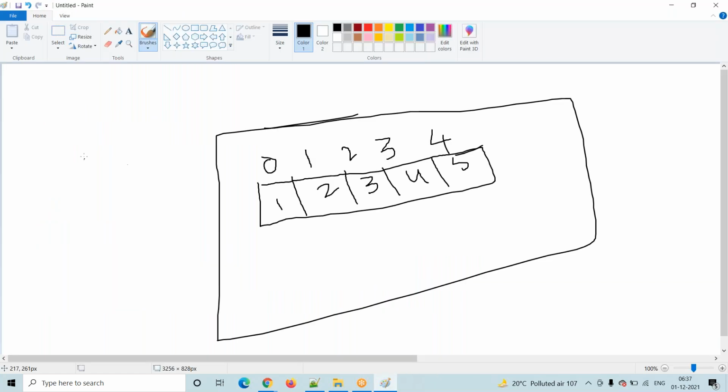For example, go to here. I have this list, and in this list I have 100 elements, 1 2 3 4, like 100 elements are there. Whenever we are using the size method, what will the system do? It will check 1 2 3 4 5 up to the end. Oh, size is finally 100. It will take some time, right?